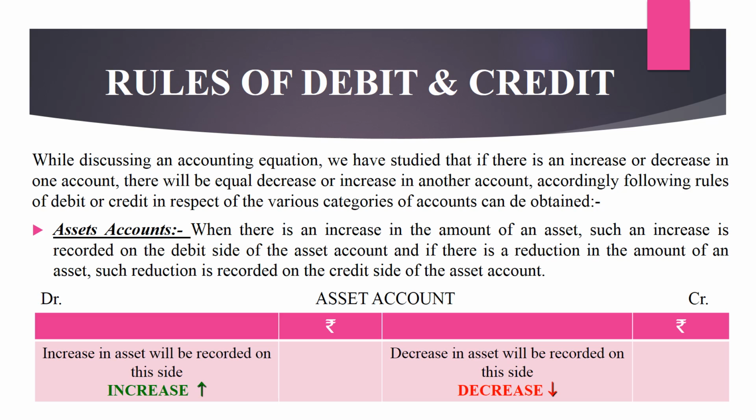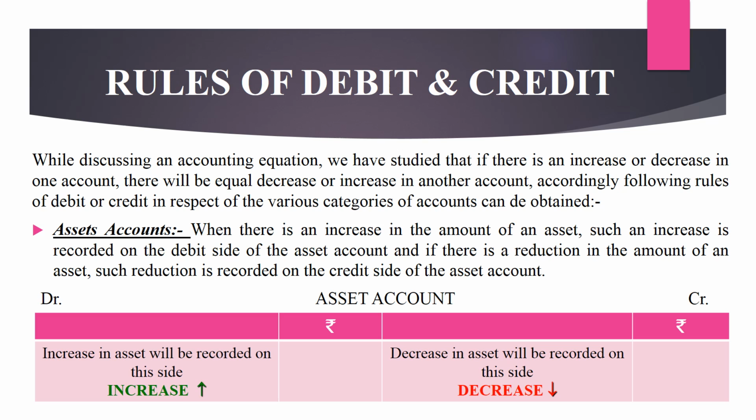accounting equation में हमने पढ़ा था कि अगर एक asset increase हो रही है तो subsequently दूसरा asset decrease होता है. अगर आपका asset increase हो रहा है तो at the same time आपका जो liability है वो भी increase होता है. So similarly in the rules of debit and credit, there are various categories of the accounts. So first one is your assets account.